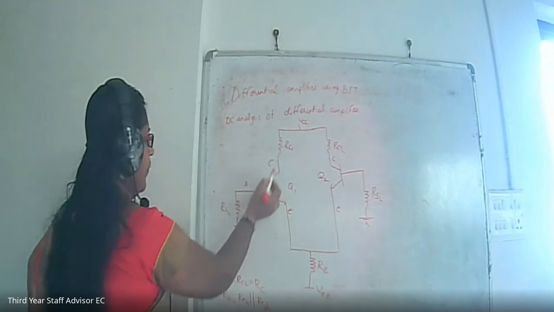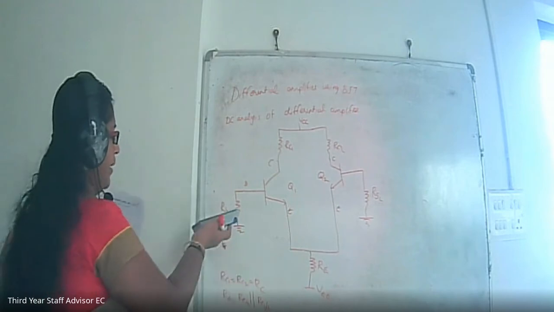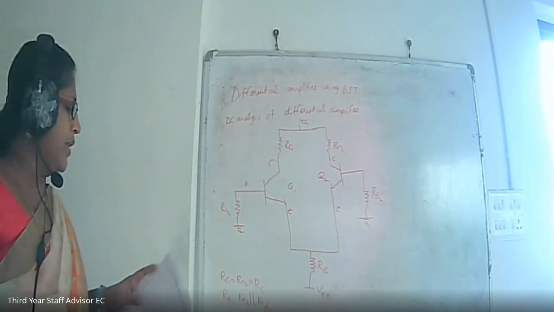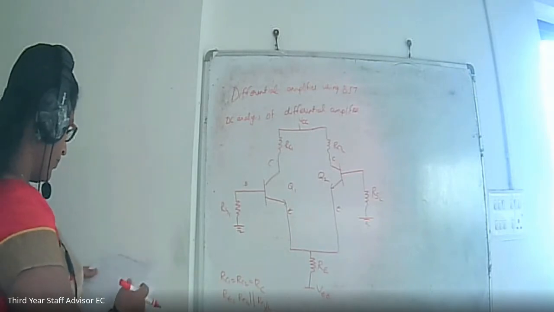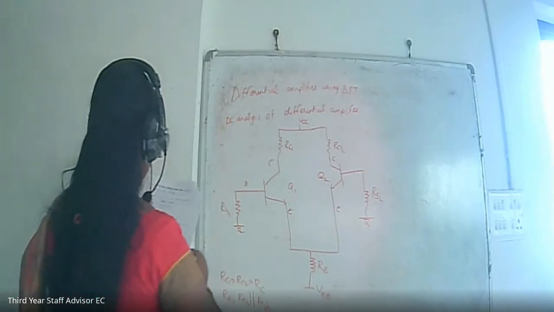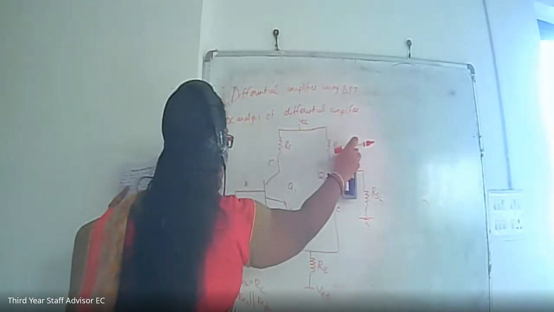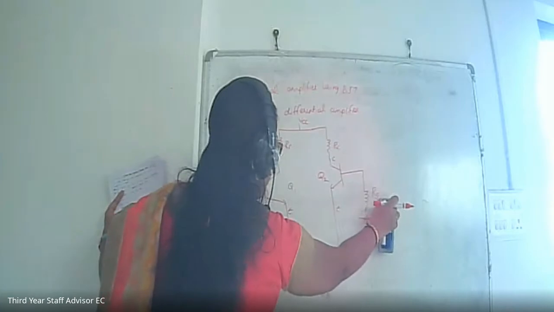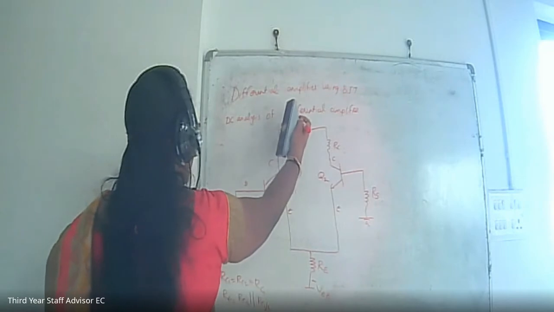That is, there is a transistor Q1, RC1. RC1 can be replaced with RC, and there is a source resistance RS1 and RS2. This is the connection. You can draw this circuit diagram. Next you can start the analysis. First, you can replace RC1 by RC, RC2 by RC, RS1 by RS, and RS2 by RS, and there will be RE, and there is a source minus VEE and plus VCC. You can indicate the sign.